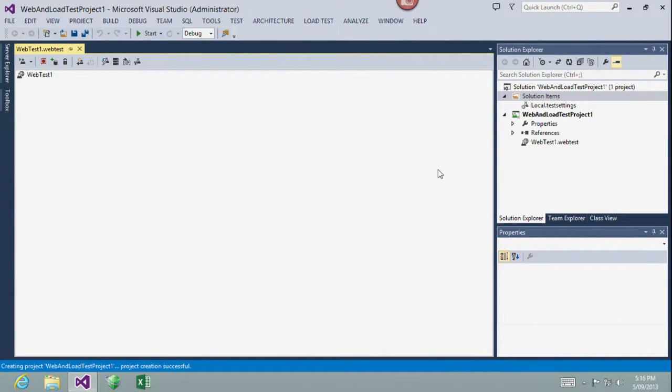test types. When Coded UI turned up on the scene in 2010, then we had something that was really good for functional testing of web applications. So then this one was earmarked for what it's really good at, and that's the performance side of things. So the web performance test.